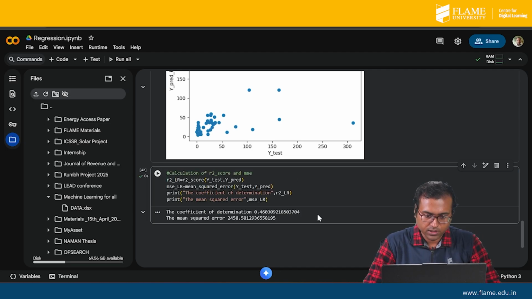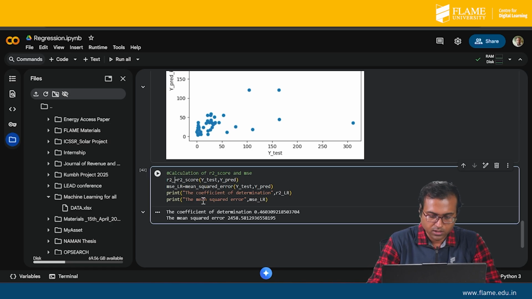See, in this case, this is LR, no, this is not LR, I need KNN, so in that case this will be KNN. Also here I have to do the MSE calculation, I'm just naming it KNN,